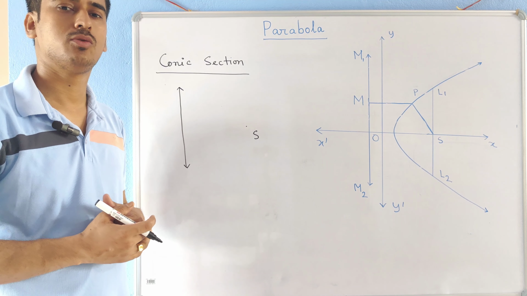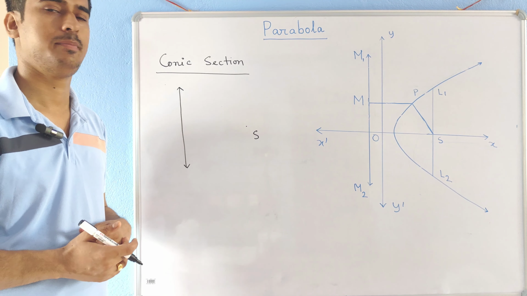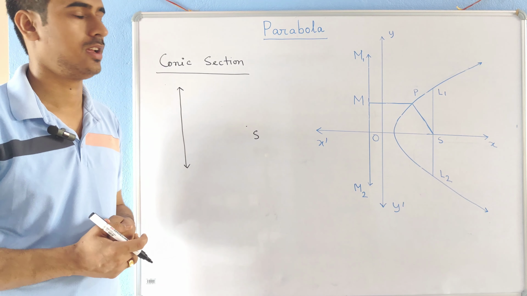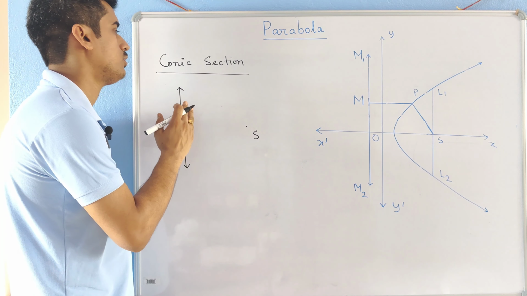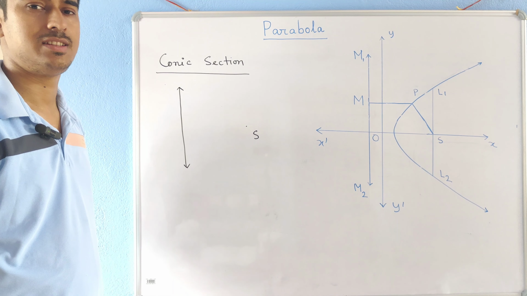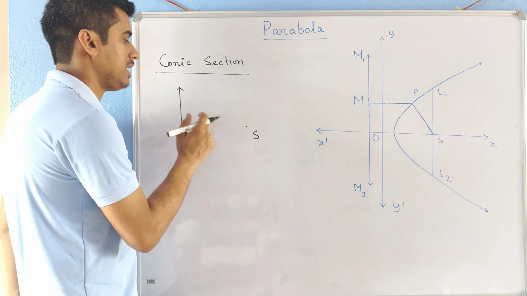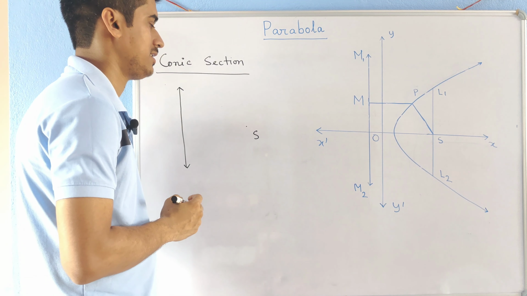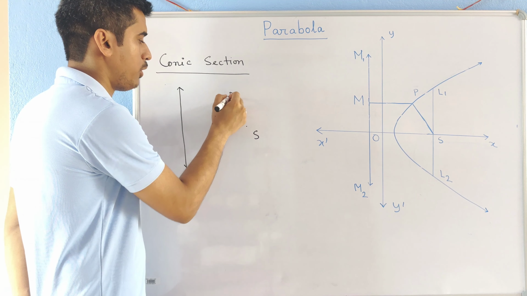Today we are going to discuss parabola. Parabola is a conic section. So at first we have to know what is a conic section. A conic section is a locus of a point in a plane such that the distance of the point from a fixed point S, that is SP, and the distance of the point from a fixed line, that is PM,